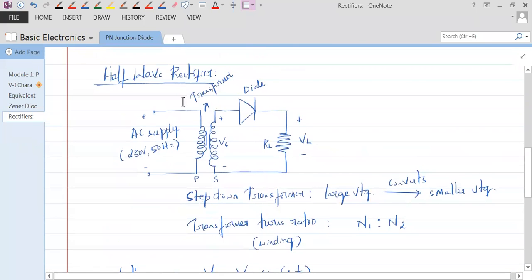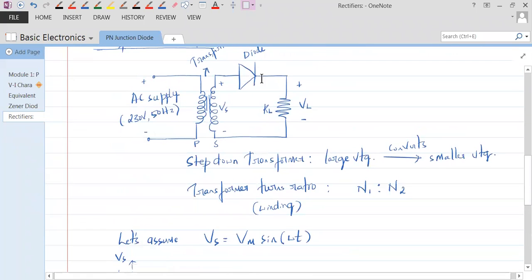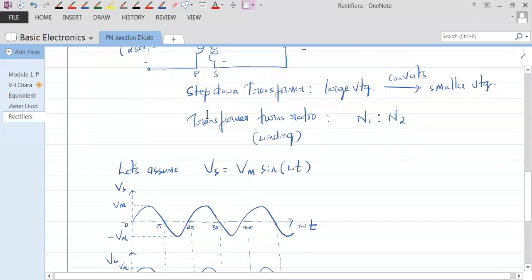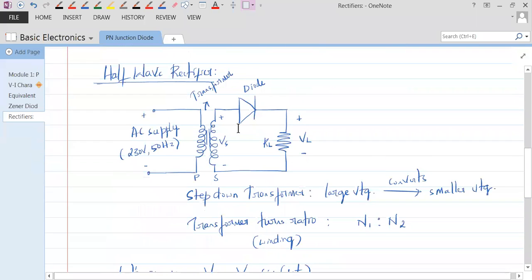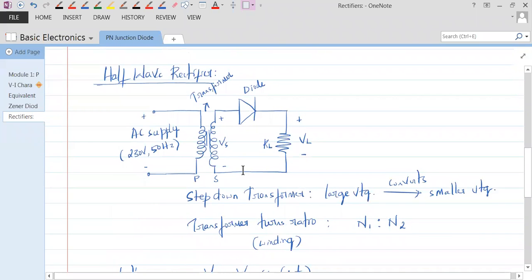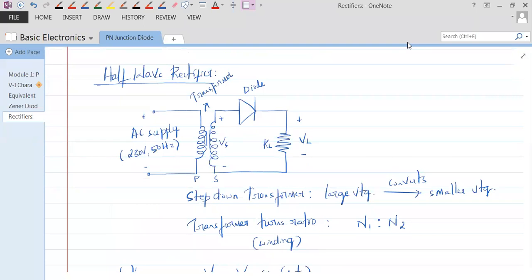So how is the output of the half wave rectifier going to look like? It is going to look like this. And we can say the half wave rectifier gives us the output for the positive cycle of the input voltage, and it does not give us the output for the negative half cycle of the input voltage. Okay, and what we are able to achieve is that the negative cycles of the AC are removed by using the rectifiers. Understand that? So let's stop here for today.